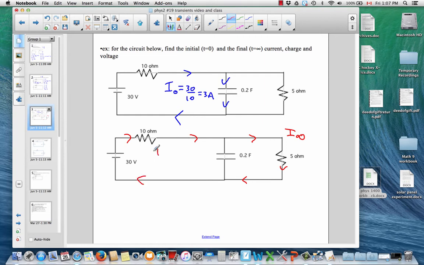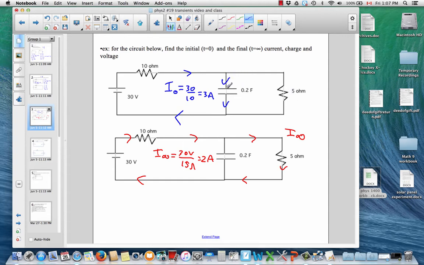So now, how much current flow do we have there? Well, now that 30 volt drop is across 10 and 5 in series, across 15 ohms. There's 2 amps of current. And now we can do a little analysis with this circuit